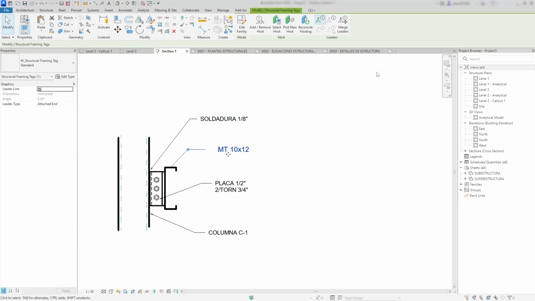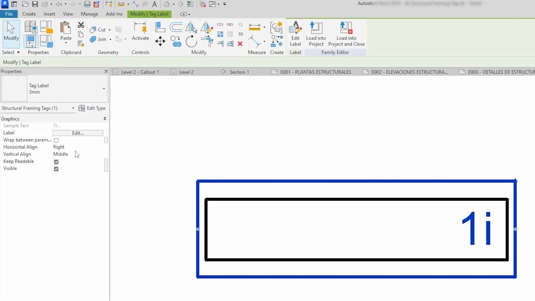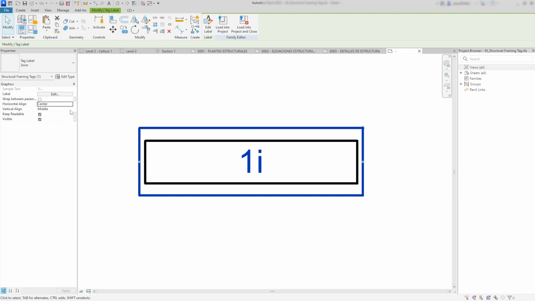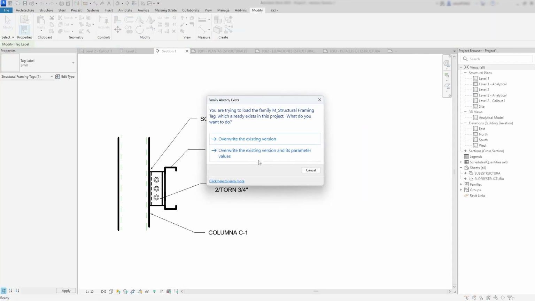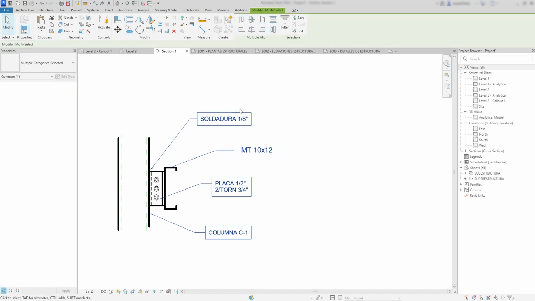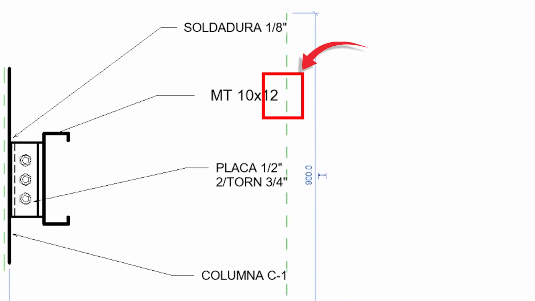When it comes to tags, this doesn't work perfectly. In this case, it worked because the text in this family is also aligned to the right. But if for some reason we have a tag aligned to the center, for example, I'm going to change the alignment here in the family, to show it. Really, even if we align all the texts to the right, there will always be this space between the texts